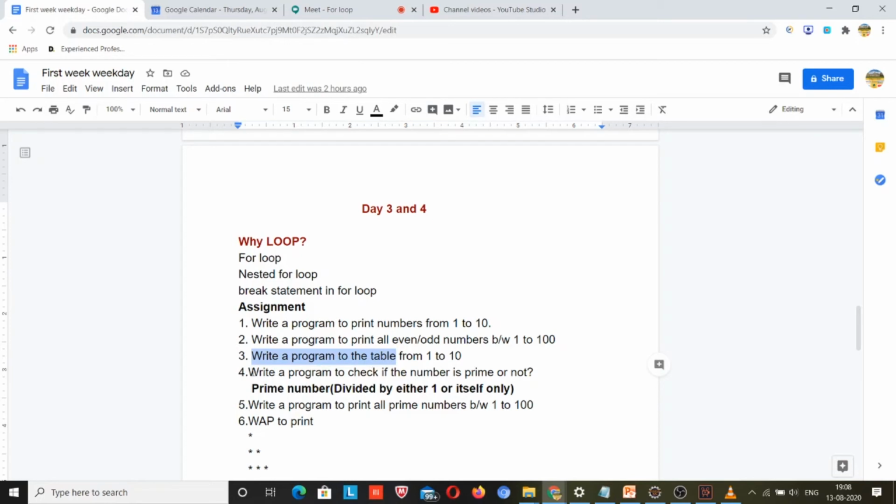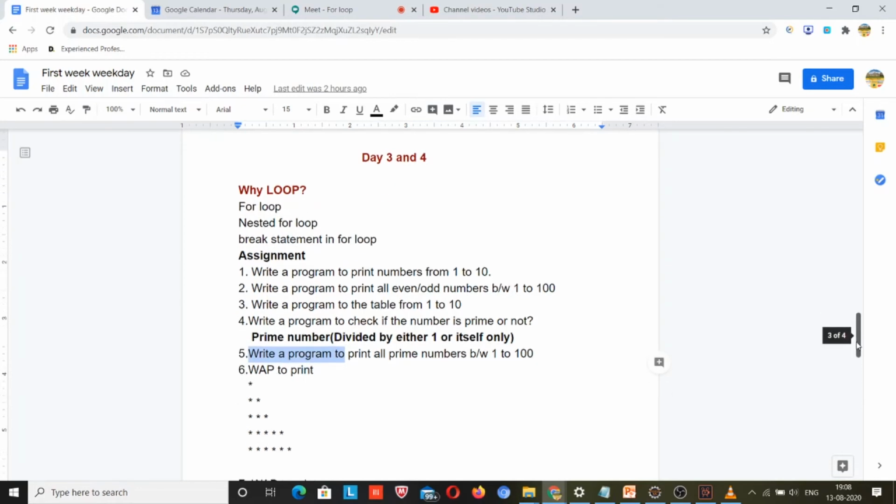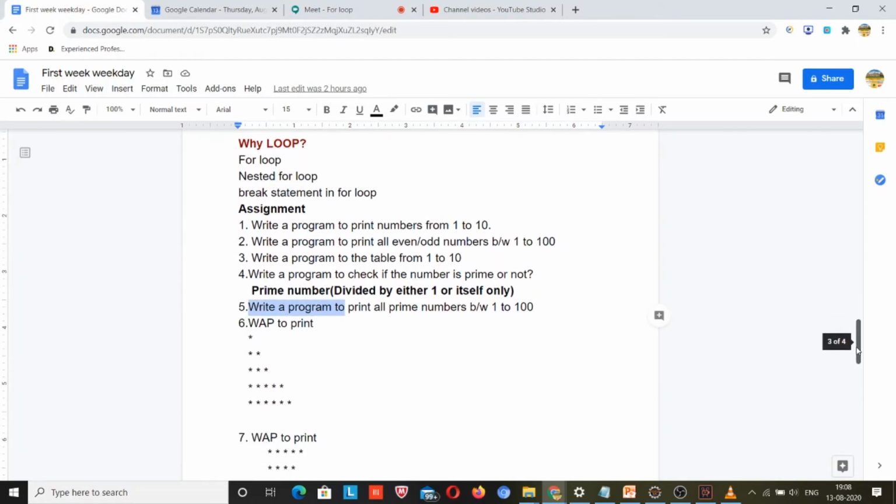If you move forward, just like Sanjeev said that he needs to use if else inside the for loop, this program will help him. Write a program to check if a number is prime or not. Once you write this program, then go for writing a program to print all prime numbers between 1 to 100. Here a nested for loop will be used, and inside the inner for loop an if else condition will be used. So there is a lot of practice you have to do, right? If you are unable to do that, just try that first. Don't